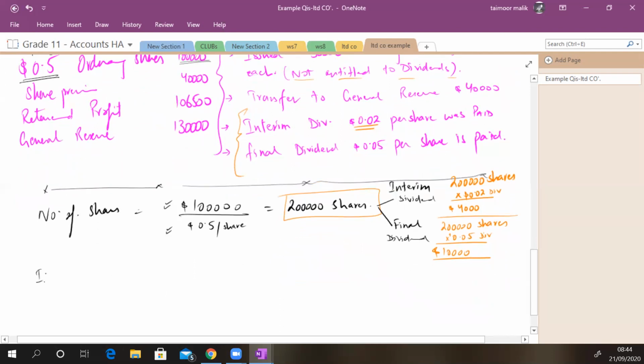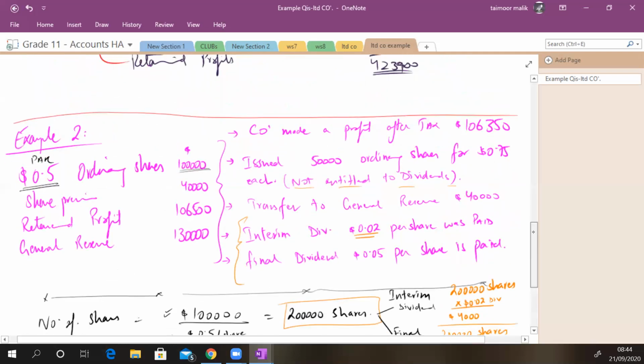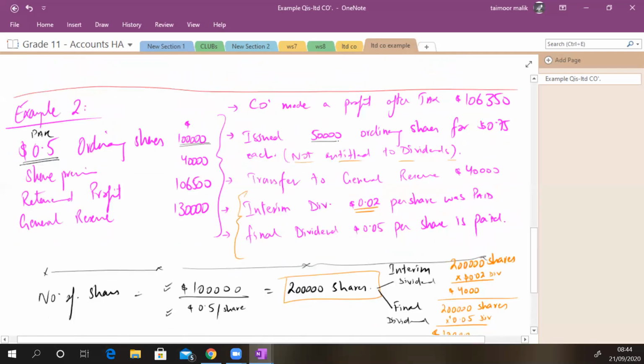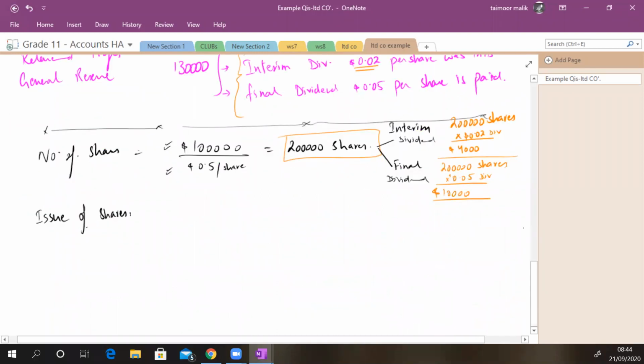Let's look at issue of shares. Issue of shares में वो क्या कह रहा है? You had issued 50,000 ordinary shares for 0.75 each. What was your par value? 0.5, but you issued for 0.75 each. ठीक है जी. तो